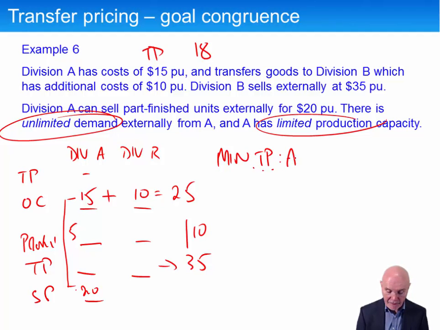This is going to be determined by A. It certainly has to be at least 15, because if it was less than 15, A wouldn't make anything because its own costs are 15. But the behavior we want to push A into is to volunteer to sell up through the group. So the other one is 20. A transfer price of 21 will get it to sell up through the group. So really what we need to do is to say it's going to be the greater of these two.